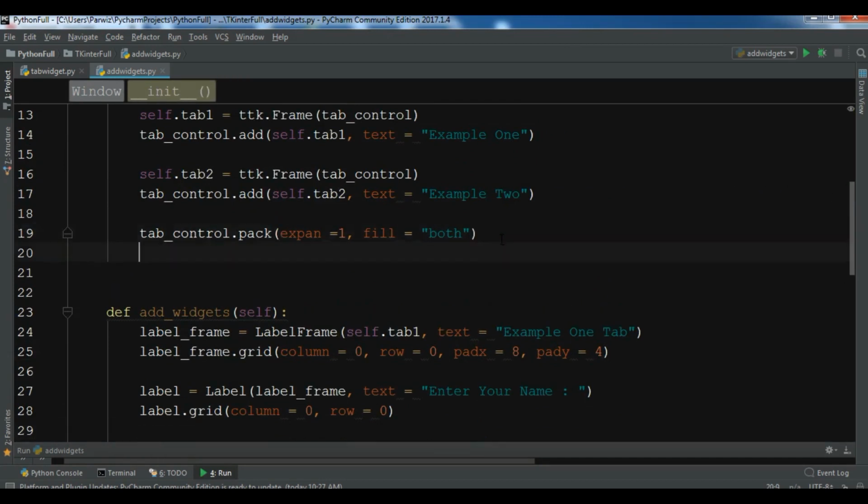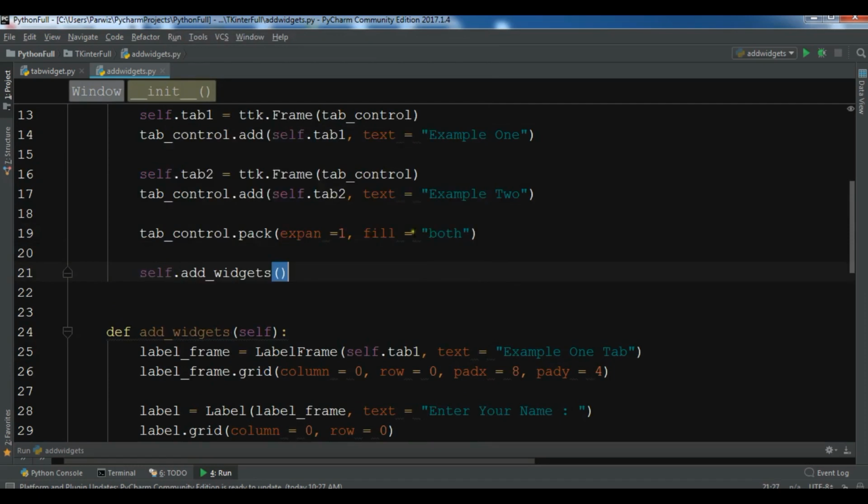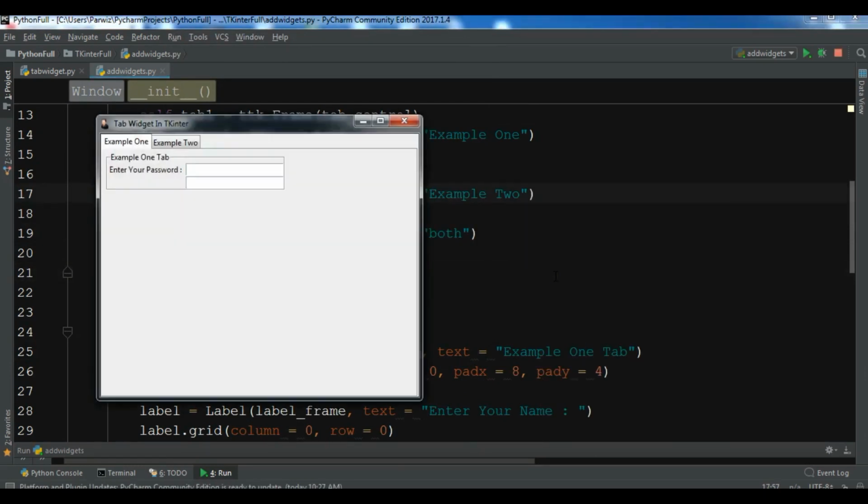So self dot add widgets. Now let me just run this. Okay, so you can see in the first tab we have these two items. We do enter your password, so I will make it correct, but we should have enter your name and also enter your password. So now we need to add some items to our example 2,